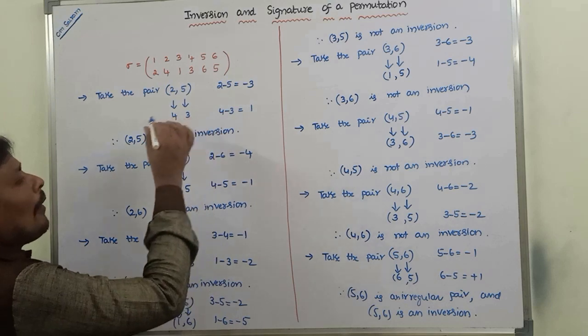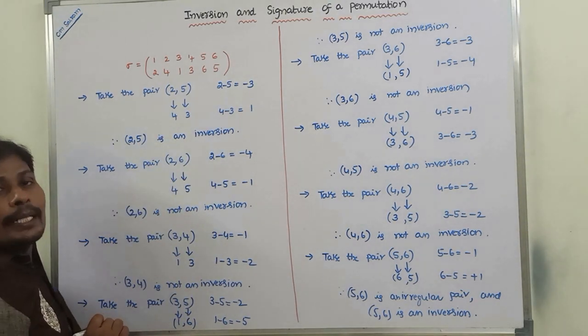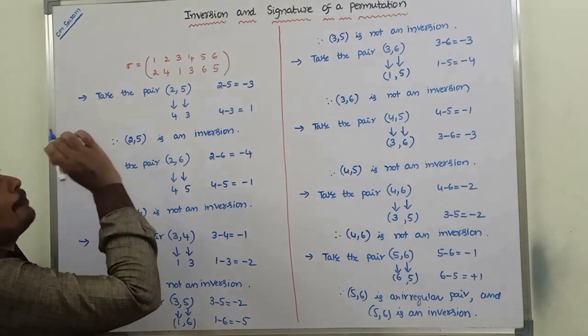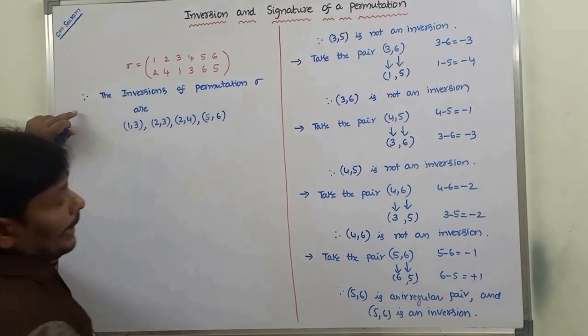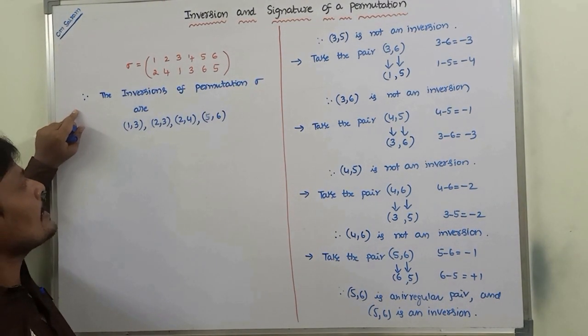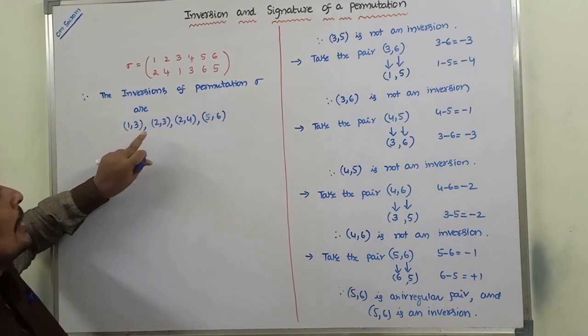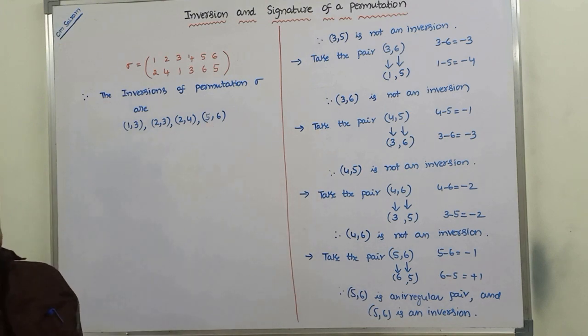So among all the pairs, which pairs are irregular pairs? Those pairs can be called an inversion of a permutation sigma. Therefore, the inversions of permutation sigma are 1 comma 3, 2 comma 3, 2 comma 4 and 5 comma 6